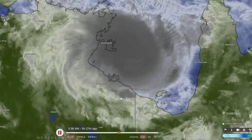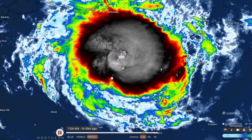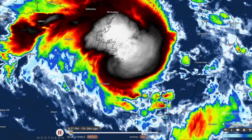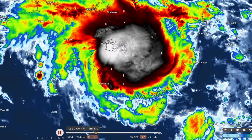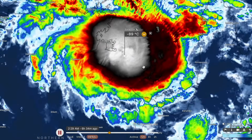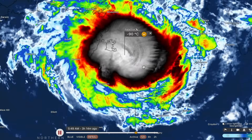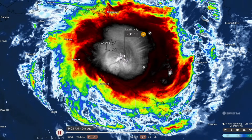It's very hard to see on this sort of imagery, but if we were to take a look at infrared satellite imagery, which tells us how strong these thunderclouds are, you can see that big burst of lightning activity around the center that's rotating around a common point right about here now. That indicates that there is an eye in this storm, and it is likely a lot stronger than Category 2 status. We're probably looking at a Category 3 strength severe tropical cyclone here, but I'm still going to keep the